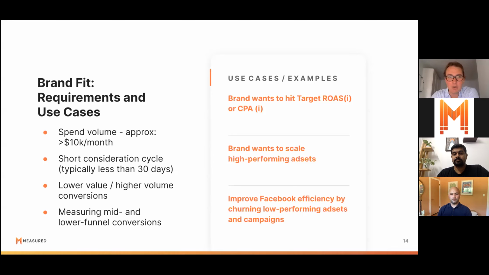And then, another kind of flip side example to that would be a very established company with very high brand awareness, not very high growth, but they're just trying to get the most out of the marketing dollars they're already putting in market. That would be finding efficiencies between different ad sets on Facebook, for example, which Ranjit will show an example of. But really, this framework and this method can be used for all three equally effectively.